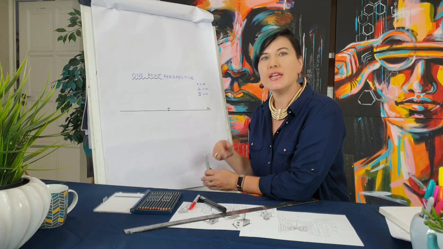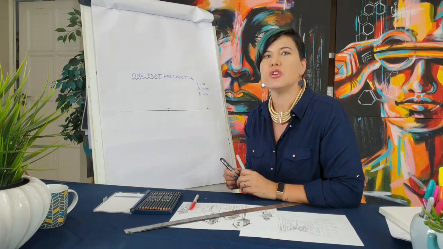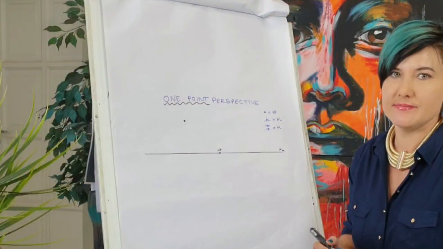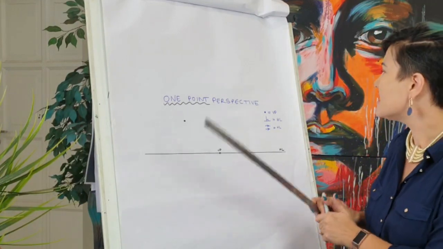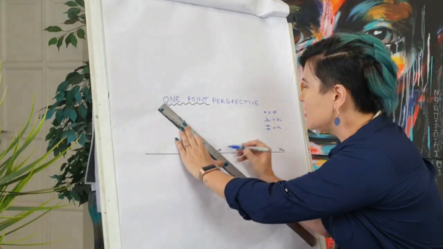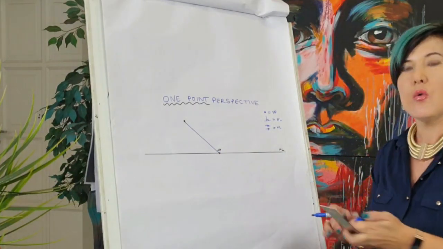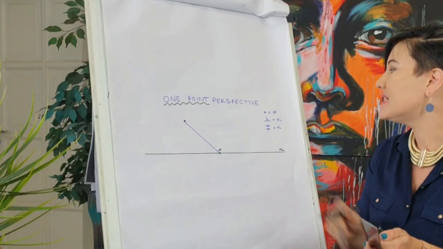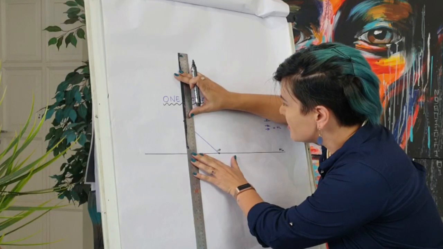All right, so let's start. Let's do this the easy way. I'm going to be using various colors so you guys can just keep track of what I'm doing. I made a point. Okay, so I'm applying my first rule, which says all points need to go to the vanishing point. When I would like to draw a line, it has to be perpendicular to the horizon line, meaning I'm going to bring this